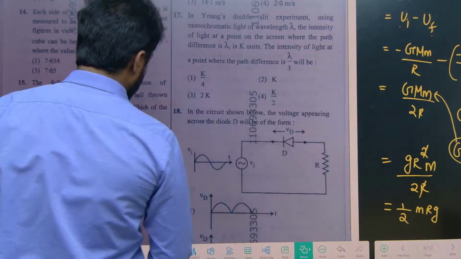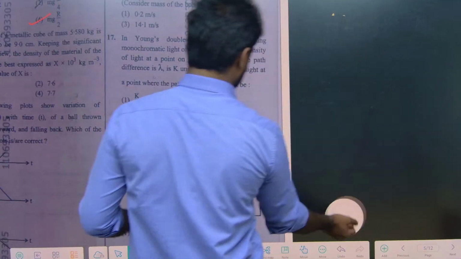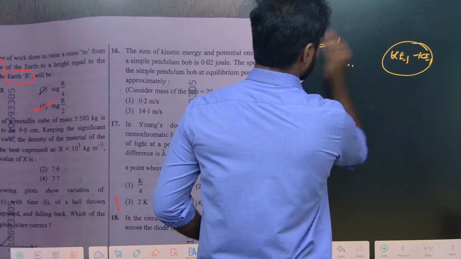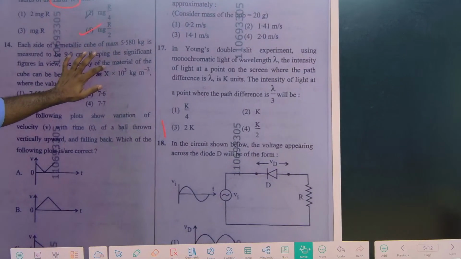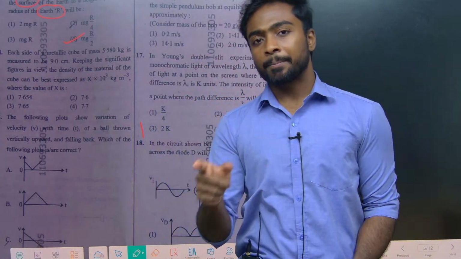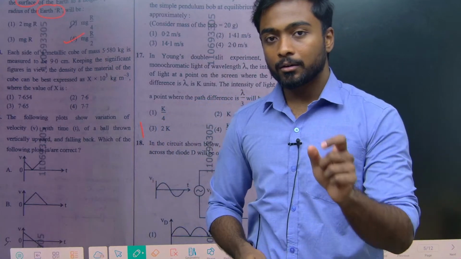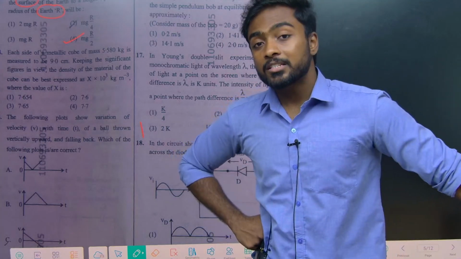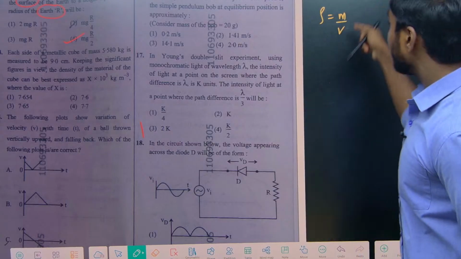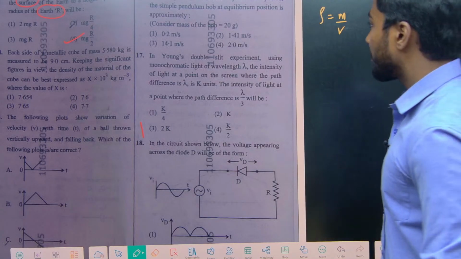First of all, I will tell you something here. See, for significant figures, for addition, subtraction, multiplication and division, the algebraic rules are: for multiplication and division I need to take the least significant figures. For addition and subtraction, it should be the least decimal point. Here he is talking about density. Density is nothing but mass by volume. That is a division, right? Division means I need to take the least significant figures.